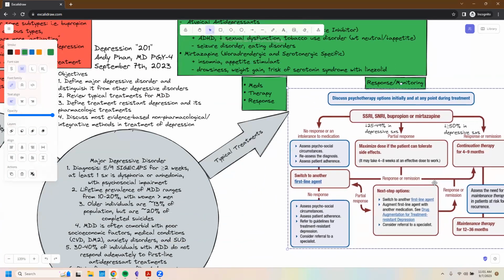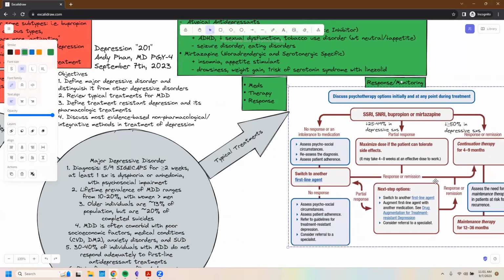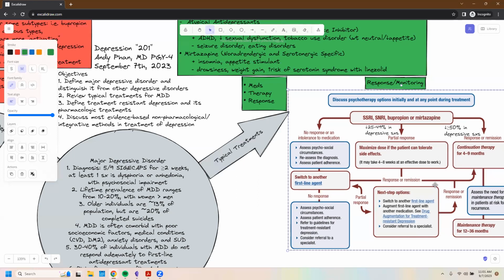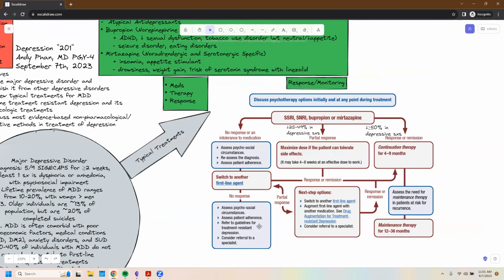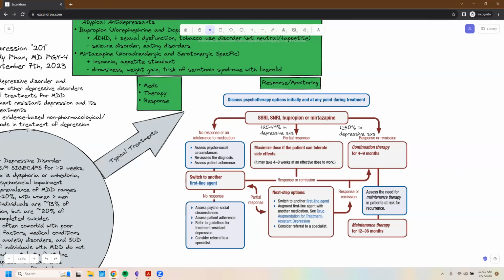It's from an Oregon medical school algorithm. Like I mentioned, you can discuss psychotherapy any time that you want during the treatment. Everyone could benefit from some therapy. So you want to reach for the SSRI, SNRI, bupropion, mirtazapine, and then you go into this bucket of